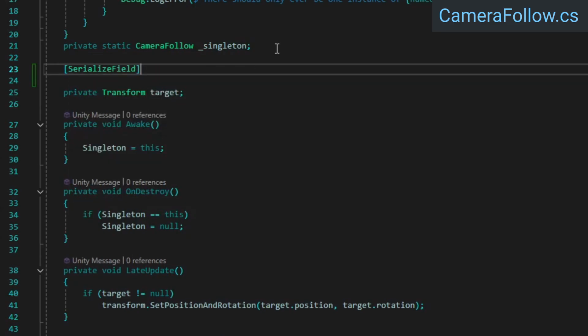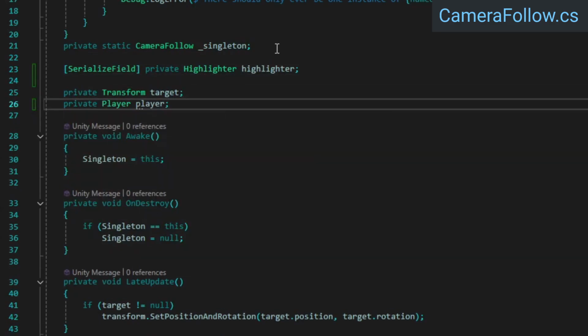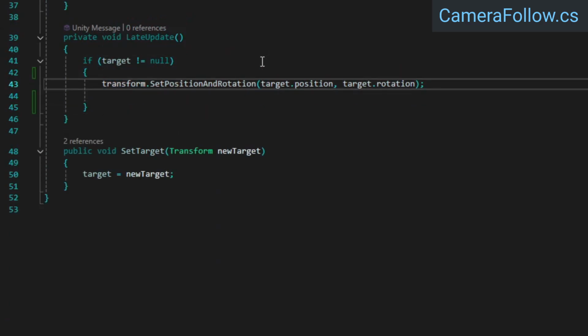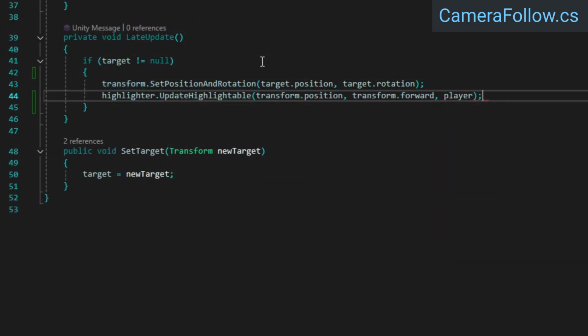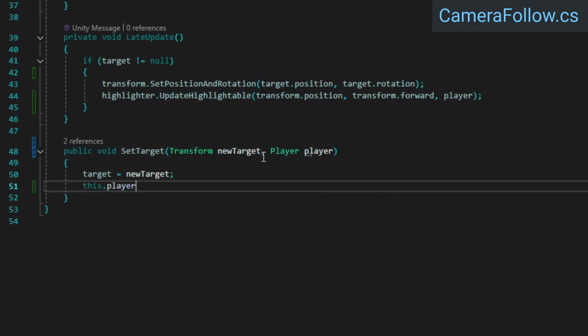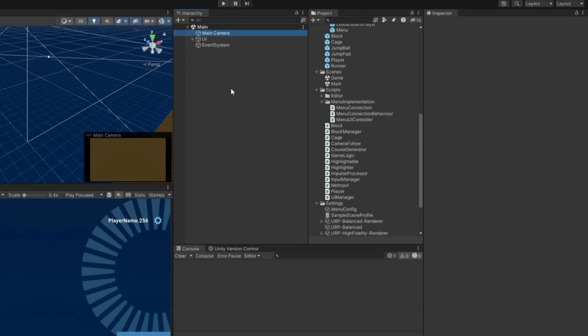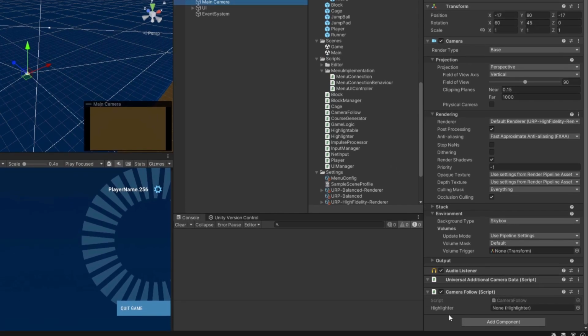In the camera follow class, add references for the highlighter component and the local player. In late update, call the highlighter's update highlightable method. Then we just need to modify the set target method to assign the player reference. This means that we also need to adjust the places where this method is called in the player class. Finally, back in Unity, attach the highlighter script to the main camera and assign it to the camera follow component's